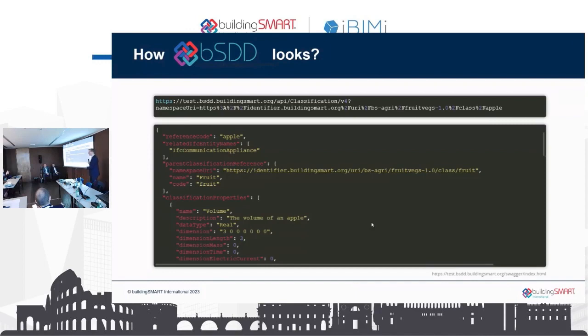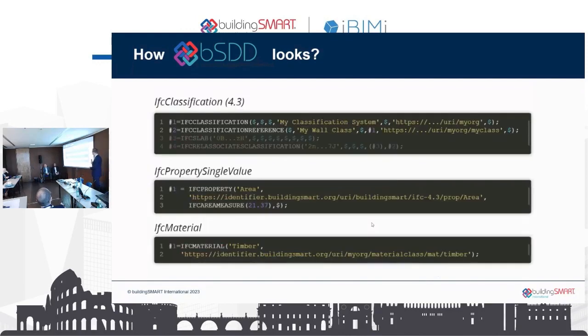You can make requests to access this data. And what's important, all of this content is free to use. You can also publish there for free, as long as you're okay with others being able to access it. So bSDD is a free service from buildingSMART to both host and get the data from.